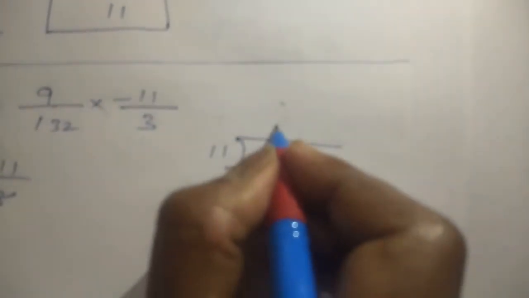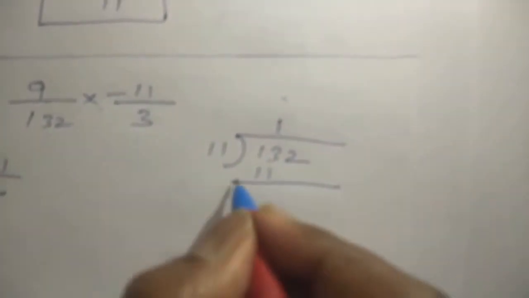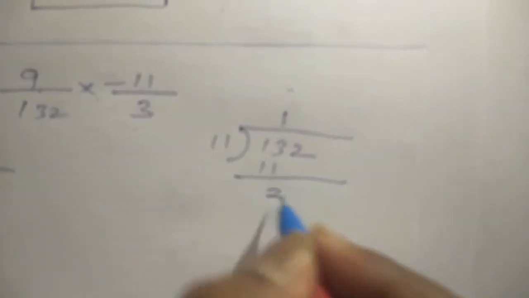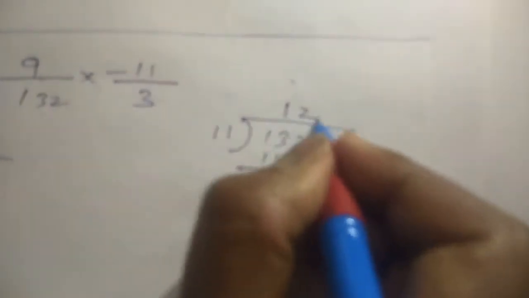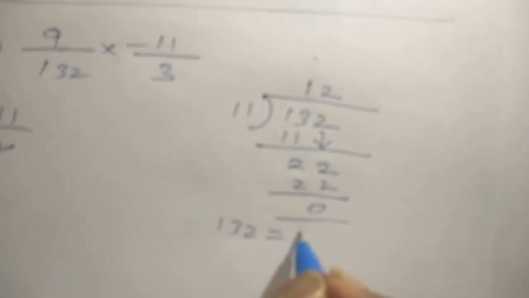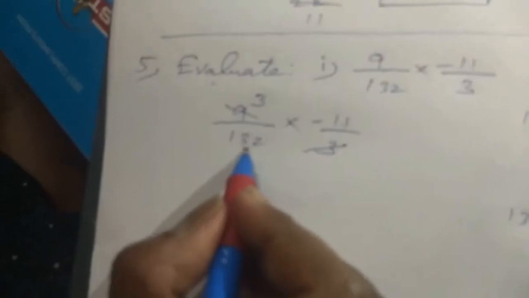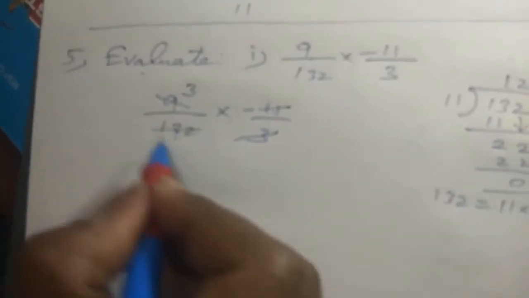But when you are cancelling here 11, here 132, let us find out whether 132 is divisible. Okay, so for 132, we go with the 11 table. 11 ones are 11. So if we subtract here, 13 minus 11 is equal to 2. Again we take this 2 here, so it is 22. So 11 2s are 22, correct? So it is divisible. So 11 table it is divisible. So I can cancel this one: 11 12s are 132.